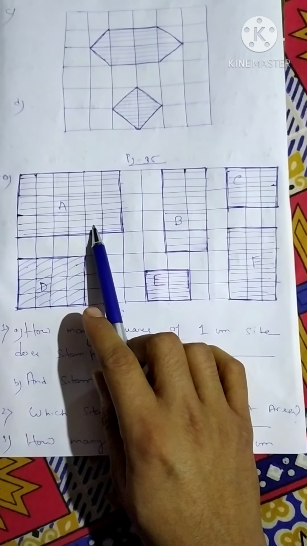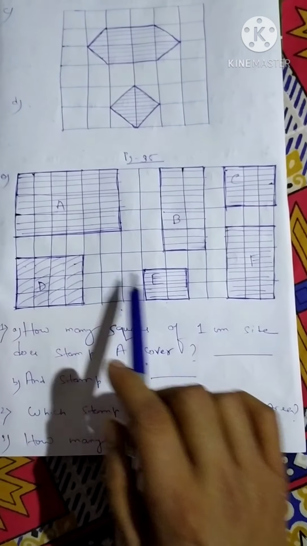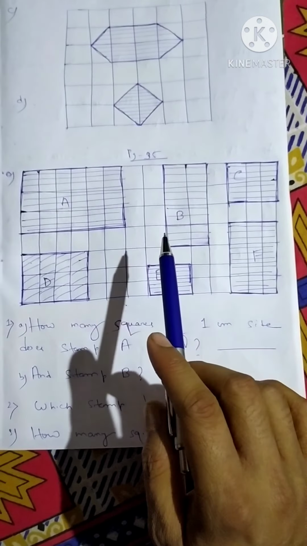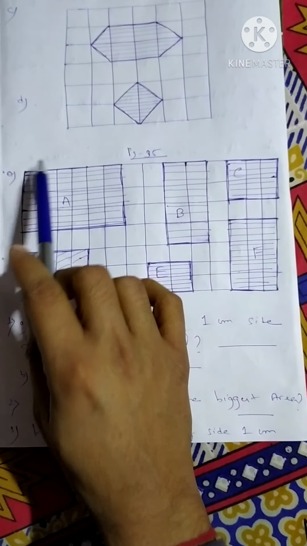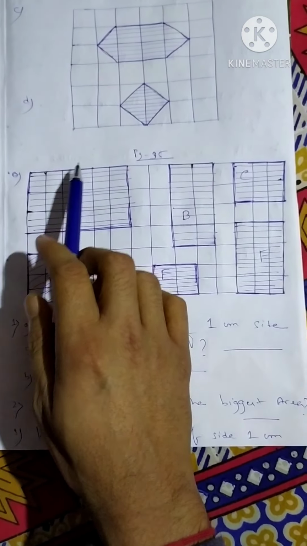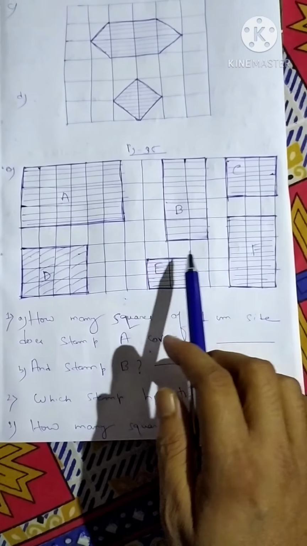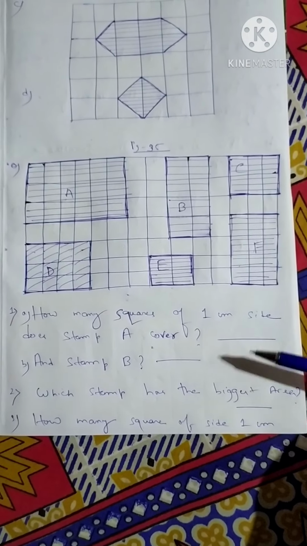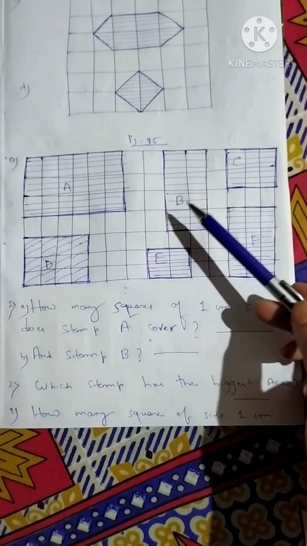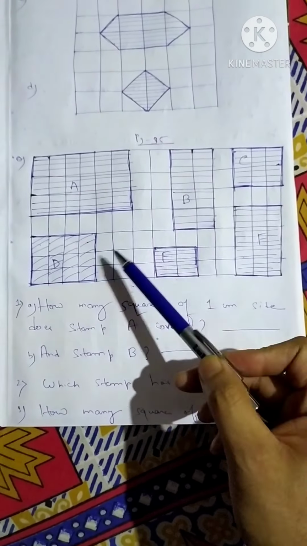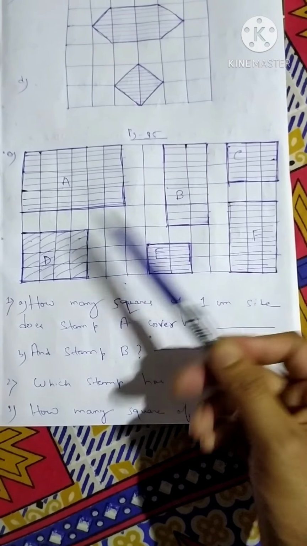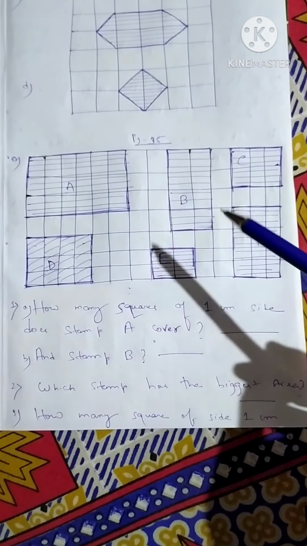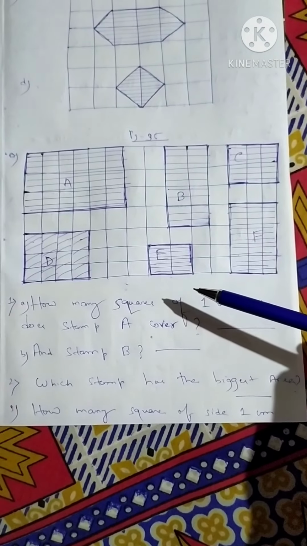Actually, the things that I have drawn here are stamps. The heading you will see in the NCERT book is measured stamps, and pictures of some stamps are given, and you have to write down the answers to these questions. Here I have only drawn a rough diagram because I cannot draw the stamps. So when you go through this video, open page number 35.